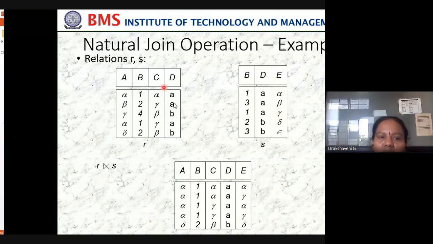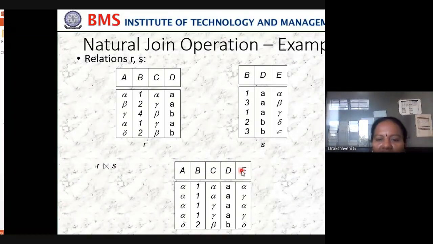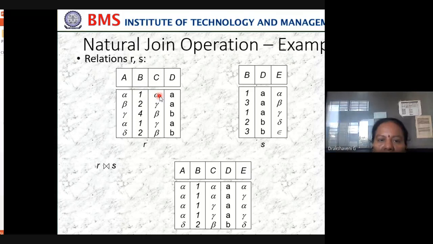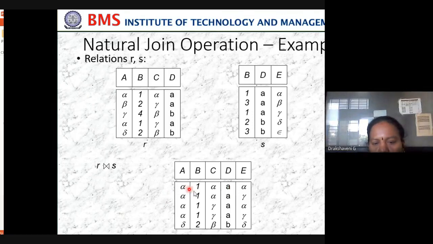Taking one example with tables, you can see R and S are two relations. I want to do a natural join on these. Take the first row and compare it with these. R has columns A, B, C, D and S has B, D, E. In the same way, we write A, B, C, D, and extra we add E. Then alpha 1, alpha A, check with 1 alpha D: 1A, 1A. E is alpha. So write it like this. All the elements that are present in both, remove the common columns, and that is what is called a natural join.